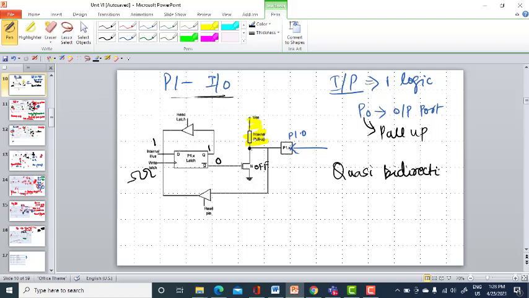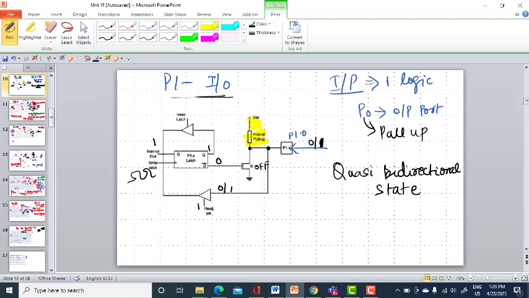If it is in the quasi bidirectional state, that is in the floating state, whatever data that is available here will be forcefully available here at this point. So this data, if it is 0 or 1, it will be available here. When I am making this read pin high, it's a tri-state buffer.